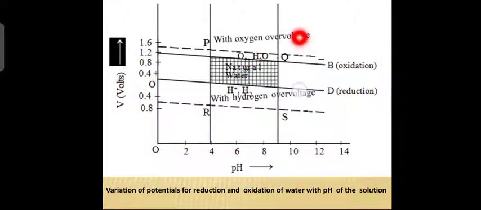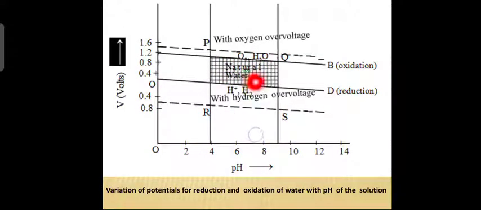So, an example is the redox couple Co3 plus and Co2 plus. Okay. In the previous slide you have seen. So, cerium 4 plus to cerium 3 plus gets reduced by water. So, the variation of potentials for reduction and oxidation of water with the pH of the solution is given here. The pH of normal water varies from 4 to 9, you can see here, normal water 4 to 9. The shaded area shows the redox stability region for a species without hydrogen or oxygen overvoltage in water in this pH range.